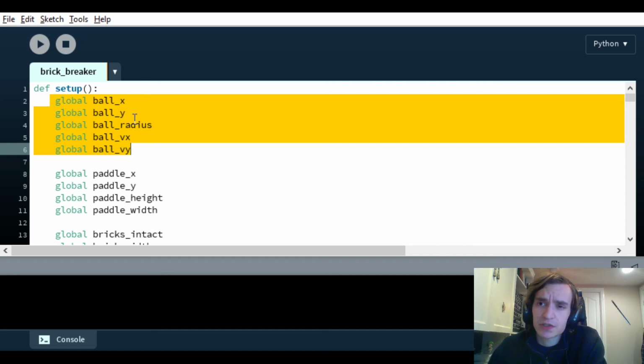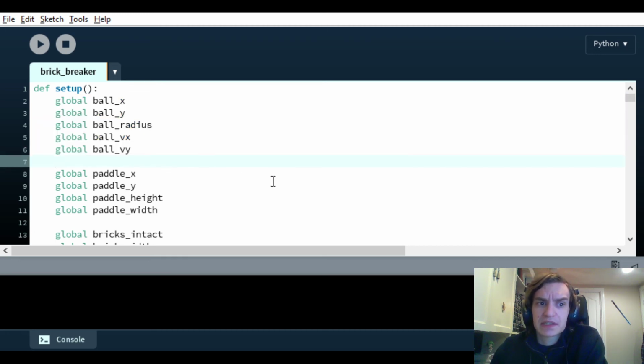Its radius doesn't change, so I could have just used a number, but there's a concept in programming called refactoring, where if you can make it a variable or you can pull it out of a separate block of code, it's a good idea to do so. For example, in this case, if I want to change the ball's radius, I only need to do that in one spot instead of everywhere.